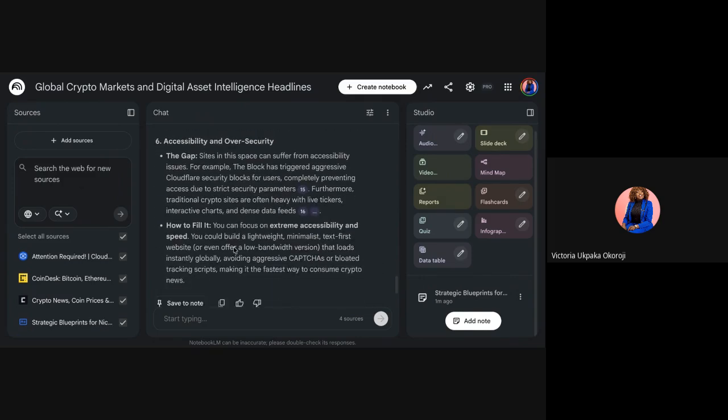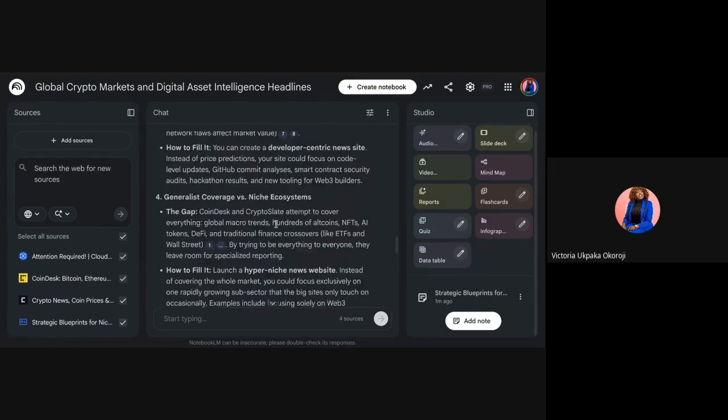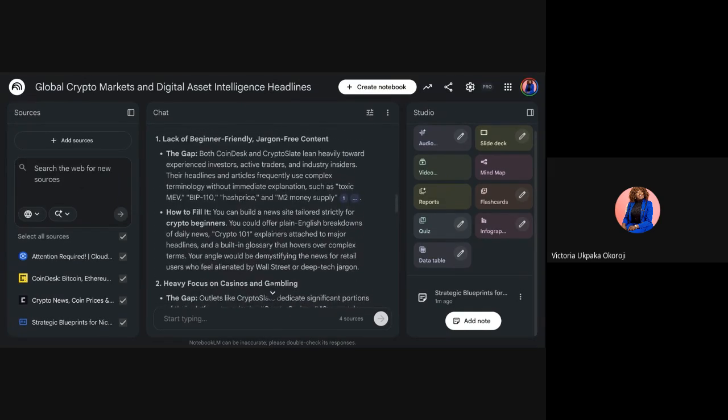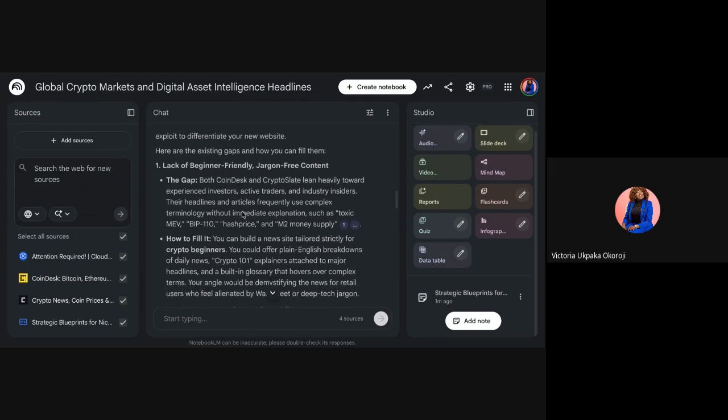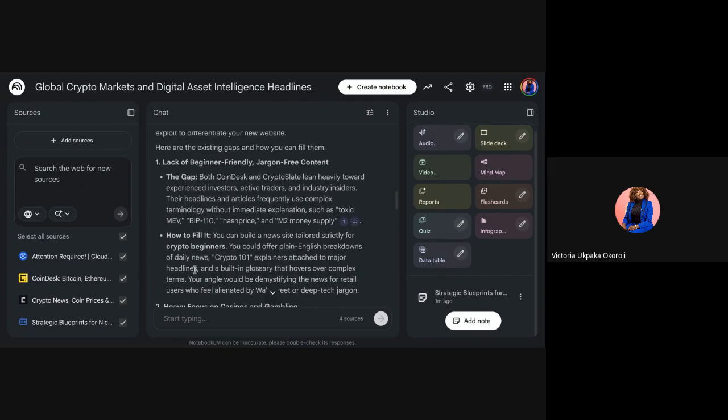And so focus on estimates, splitting and speed, build a lightweight minimalist site. So let's just do number one. Build number one: lack of beginner-friendly, jargon-free content. So okay, give me a prompt that will build